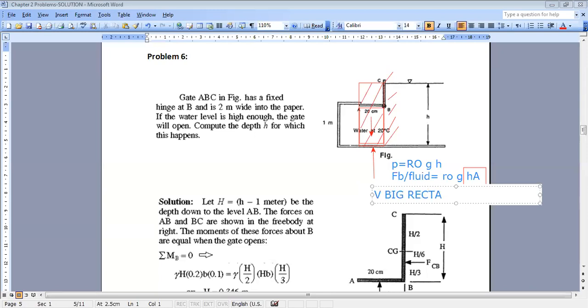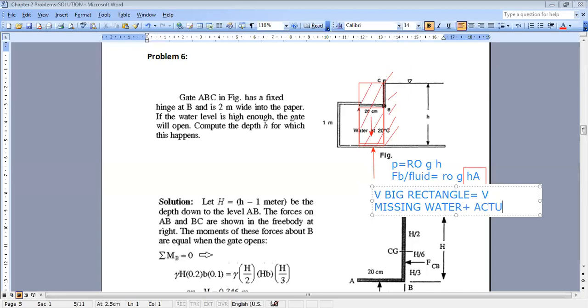And this volume, I can divide it into two parts. It's equal to the volume of missing water plus the actual volume